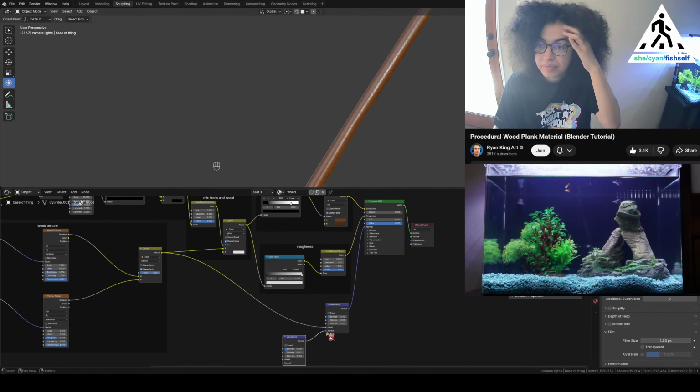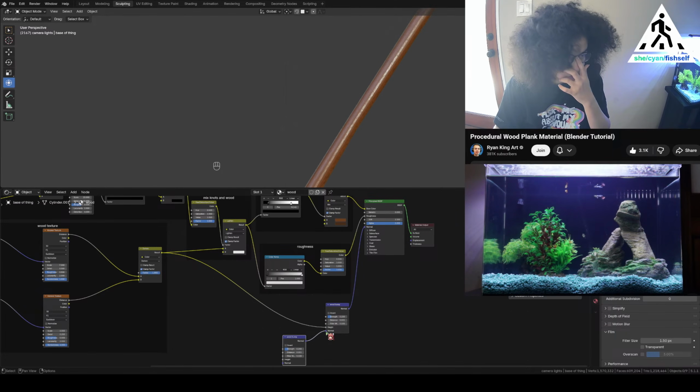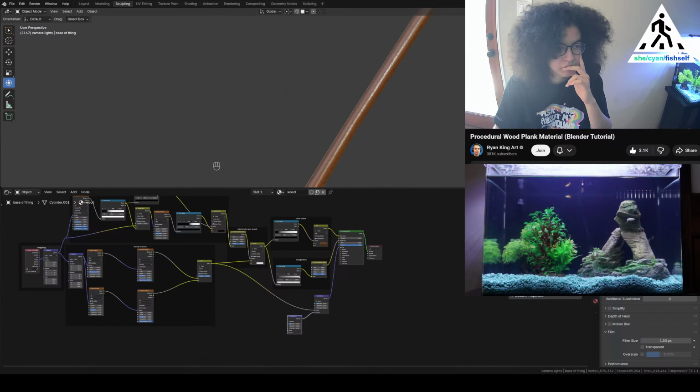So now what I want to do is go up here to the knots. I want to take this knots linear light here, the result. I'm going to put that down here into the height value. And then also